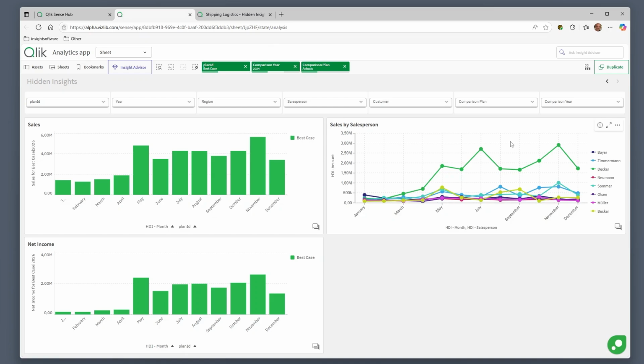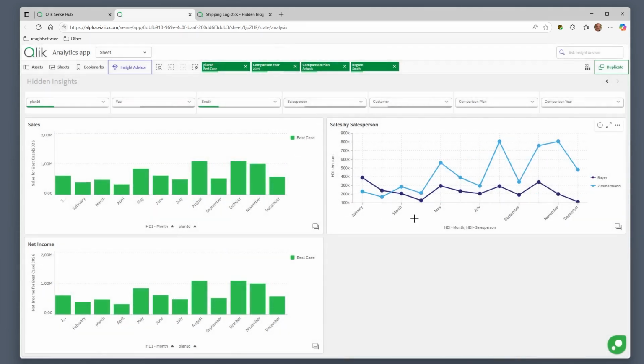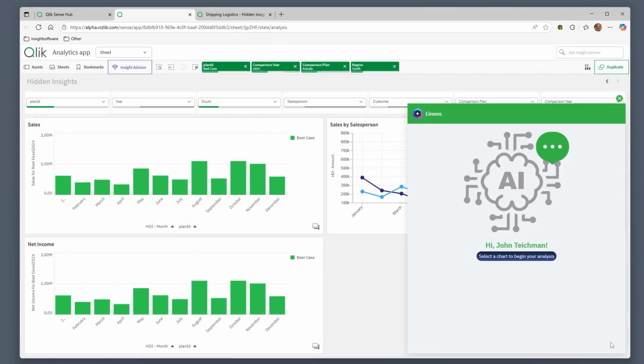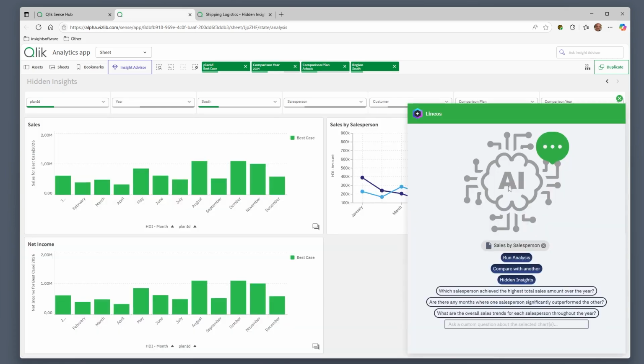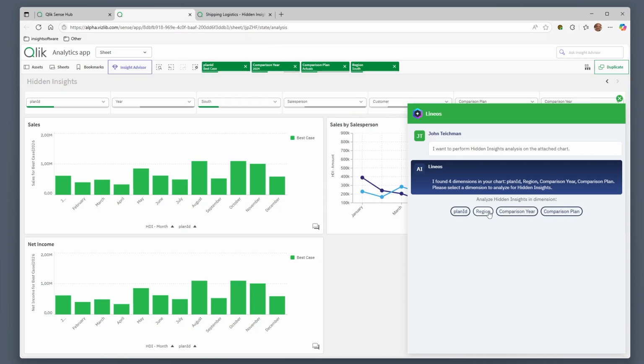After we've selected a specific region, we can open up Lineos, select our sales by salesperson chart, and choose the Hidden Insights option in the AI window. Hidden Insights surfaces the dimensional data included in the chart, allowing you to choose which dimension to apply Hidden Insights analysis to. After choosing region, we see a new chart showing sales by salespersons in regions not included within the